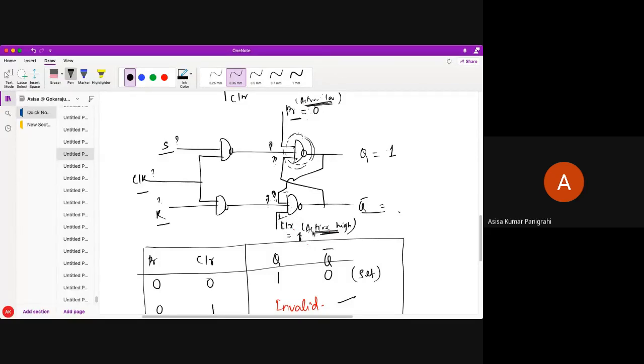So what will happen if it is active high? If the input to this NAND gate is active high, this actually makes my clear also activated, and this gives me Q bar equal to 1. So in both cases the output is 1, which means it's invalid. Since it's active high, if you give 1, it is activated and it will make the output 1. Since it's active low, you give 0, it is activated and it gives my output 1. So that's why we got an invalid state. We will never get initial state 1 1. That's why it's an invalid state.